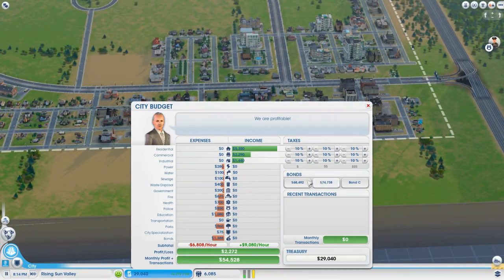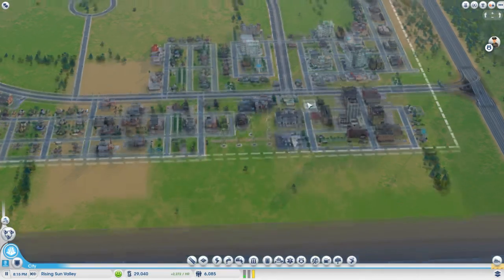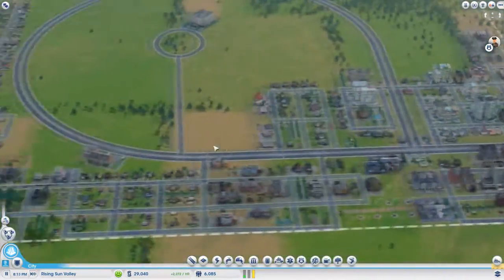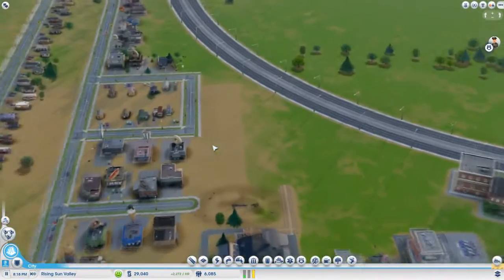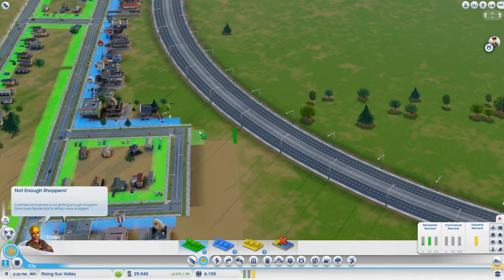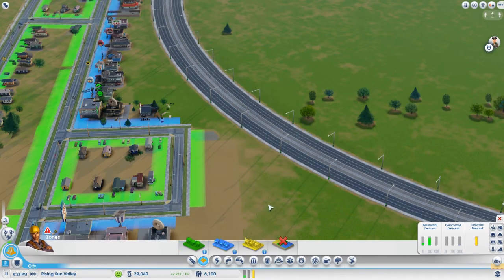Have I taken up any bonds? I've taken up 2 bonds, which I don't know what I did last time. Probably it was just to get that huge Pokeball circle thing there, which I'm quite proud of. I'm really happy with that. So, okay. Residential? I don't know if this...